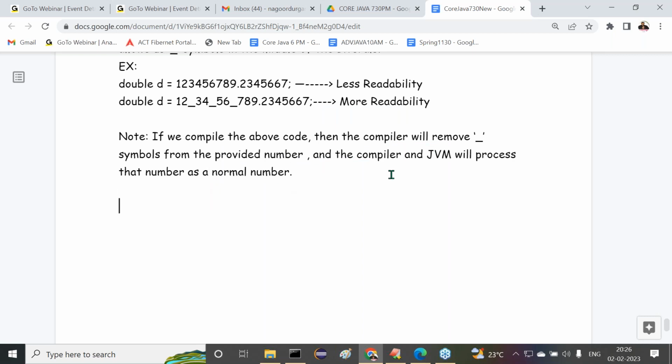This is the simple note we have to understand clearly. Are all of you getting clarity or not? This is some basic awareness on literals. Can you tell me what we discussed about literals? First of all, I gave the definition of a literal. What is a literal? A literal is a constant assigned to the variables.